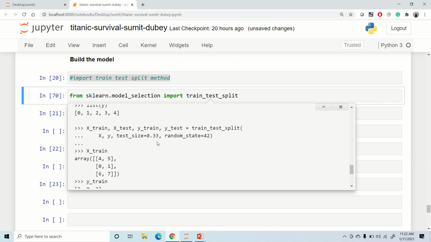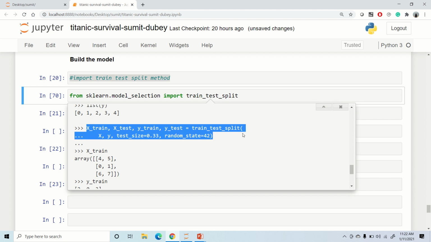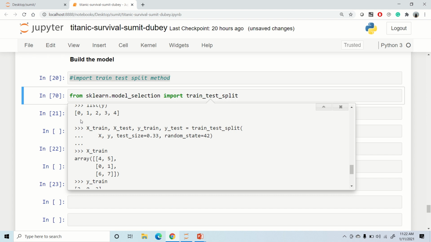If you want, you can just copy this particular example from here. It says x train, x test, y train, y test is equal to train test split, and there is some value for random state and test size as well. So let me just grab that and copy it here.